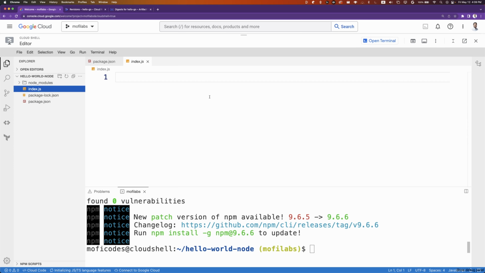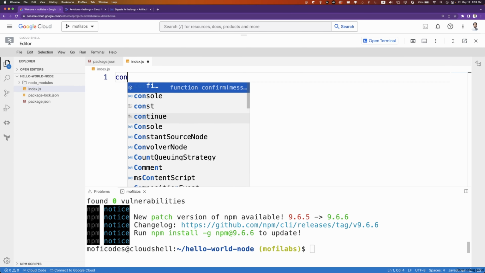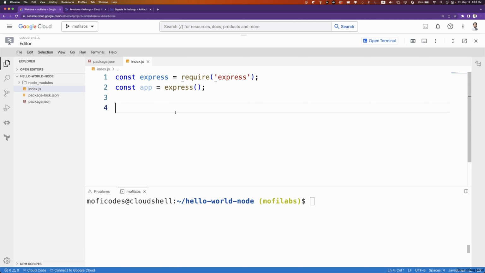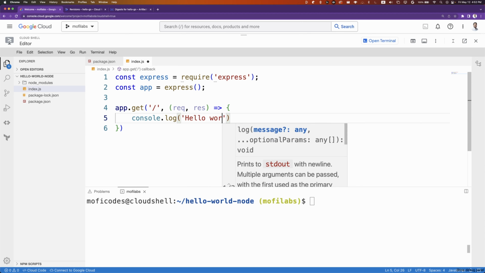In our index.js file, we write the following code. We start with an instance of Express. We create an instance of app. We create a get route to the default path of our application. We create a handler method that takes a request and a response. We start off by creating a friendly log message with console.log hello world